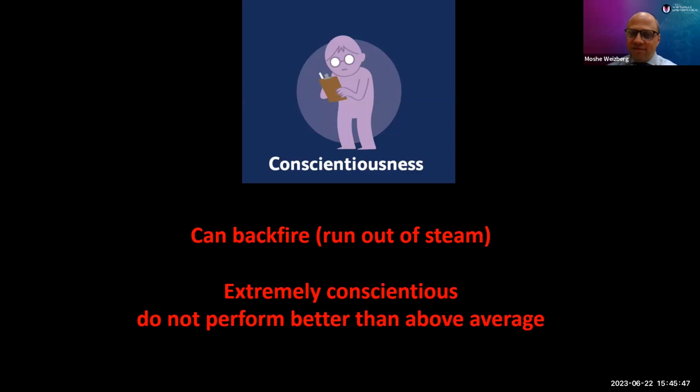job. However, nothing is perfect. Someone who is too conscientious can often run into some trouble. They can run out of energy and they can start to lose some of that drive that they've had before. And in business, when they've done studies looking at people who score very high on the conscientiousness scale, and they compare them to those who are above average, the people who are extremely conscientious don't do any better than those who are above average. So it's important to find the people who are above average on the conscientiousness scale, but not necessarily too extreme, because that can be actually a negative predictor.